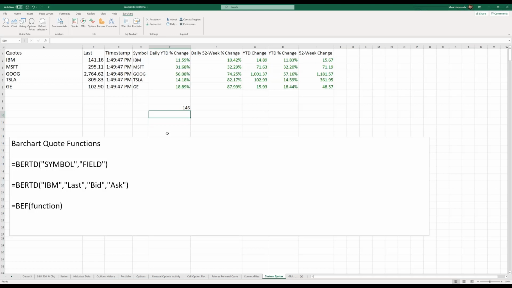And it's going to pull that right up. So again, it's equals BEF. Now, if I think I might know the name of the field and I want to search through there, I could start typing